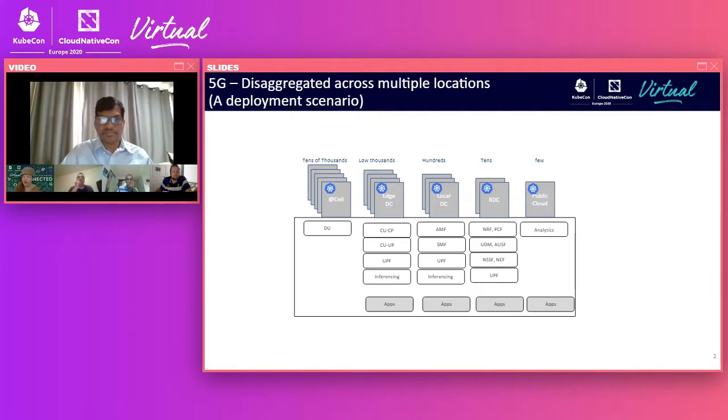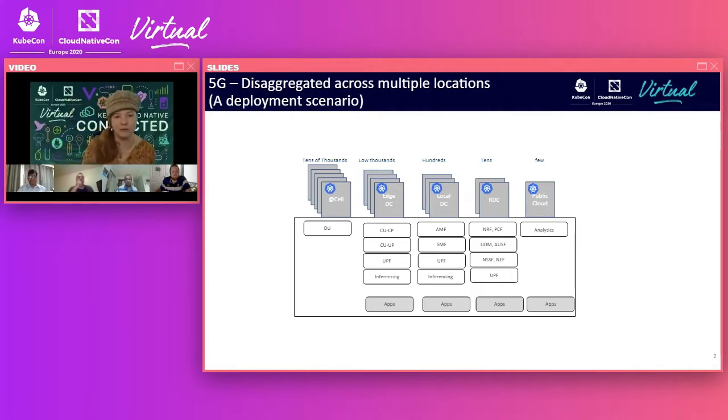There we go. All right, so I just want to kick off the panel by talking a little bit about the 5G network. What you see here on the slide is a physical layout, to a certain extent, of how 5G networks are deployed. One of the main things I want to point out is that tens of thousands of nodes there on the far left. 5G brings a number of really amazing and interesting capabilities, especially around low latency and high bandwidth.